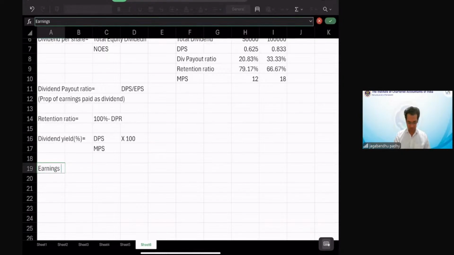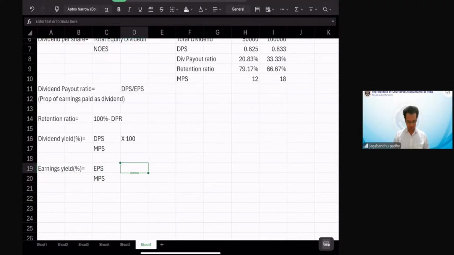We have earnings yield also. That's going to be a percentage. This is going to be EPS upon MPS into 100. Now these ratios, dividend yield ratio and earnings yield ratio, are going to provide